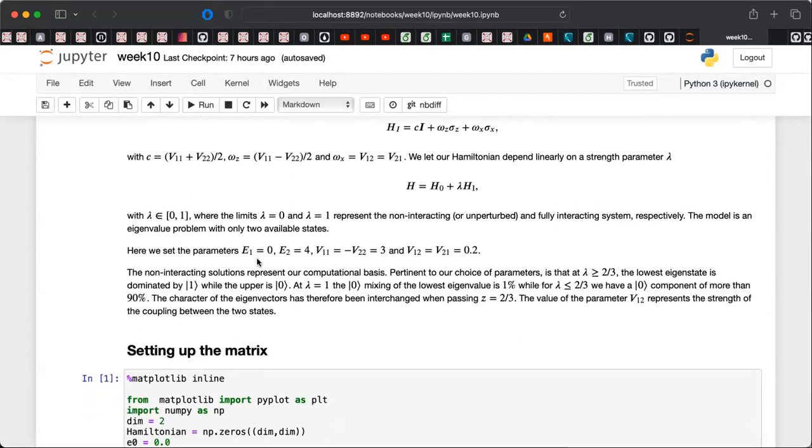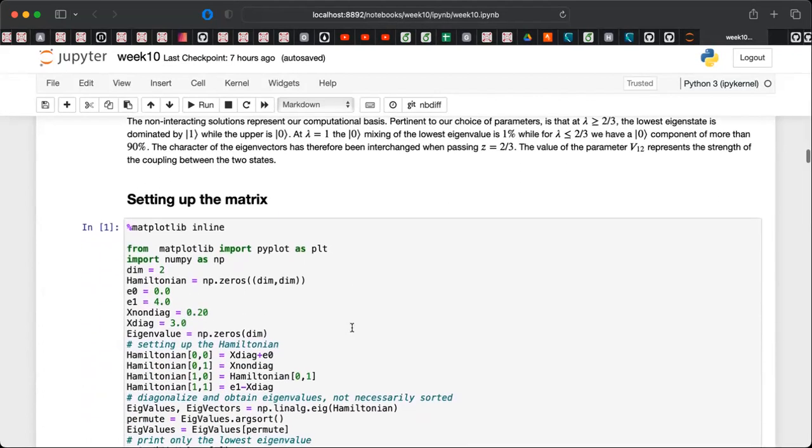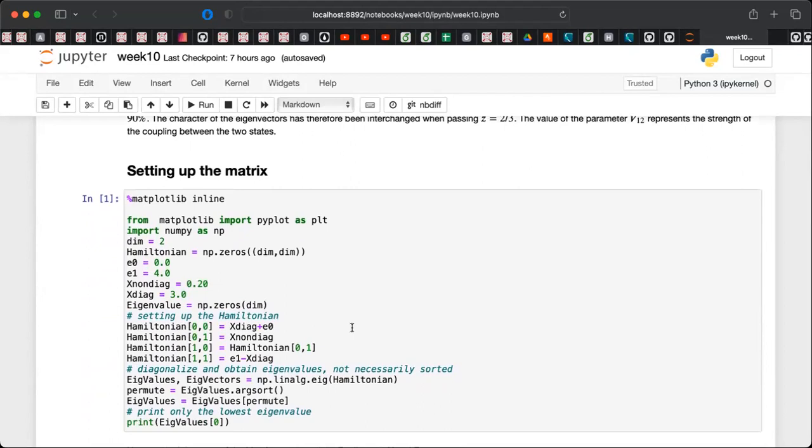So I took E1 to be 0 and E2 to be 4. These are just choices which I made. And you could even think of letting your Hamiltonian depend on a parameter lambda, as we have in the project. Here, I'm just going to put in lambda equal to 1, which means that is the fully interacting case. So this is me setting up the Hamiltonian matrix with these